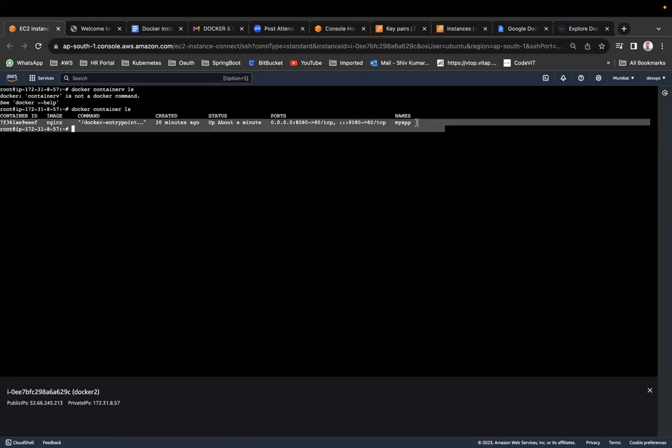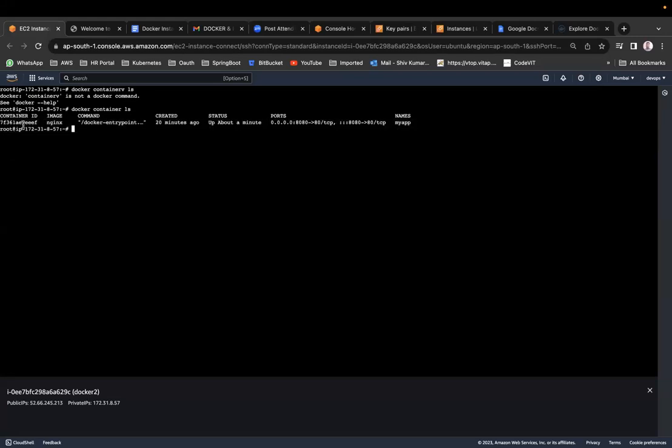Okay, some spelling mistake. Okay, container ls. So this is the container that has been running actually. Now you want to delete, you don't want to stop this container, but you want to delete the entire container itself. We don't need this container, we just want to delete it. I need to close this up, and you just need to execute docker rm